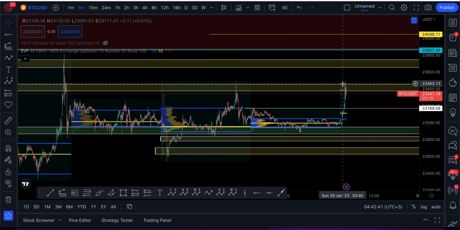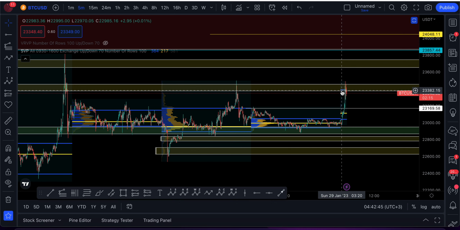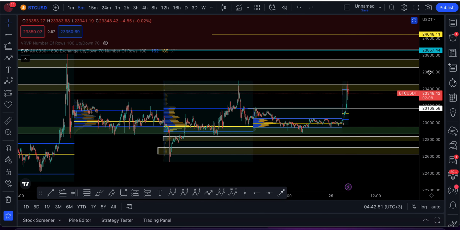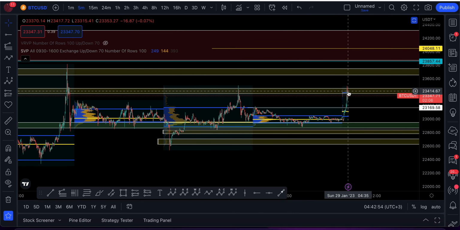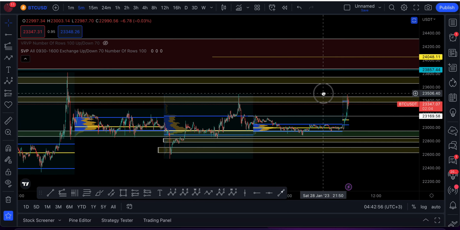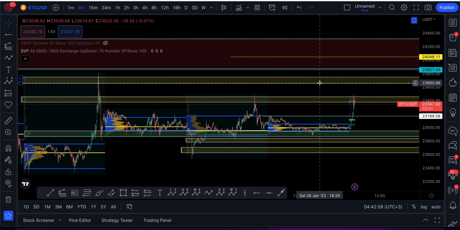So that means trading above 23,400 or trading above 23,300, if you can see the price on the right. If we turn this into support, I would like us to break this resistance up here, which is 23,600